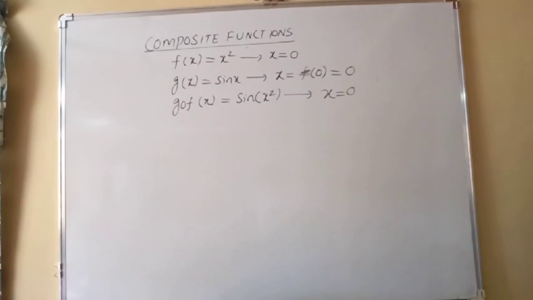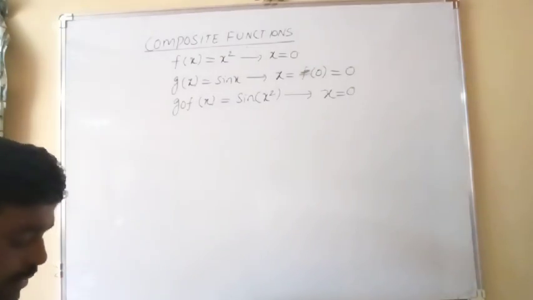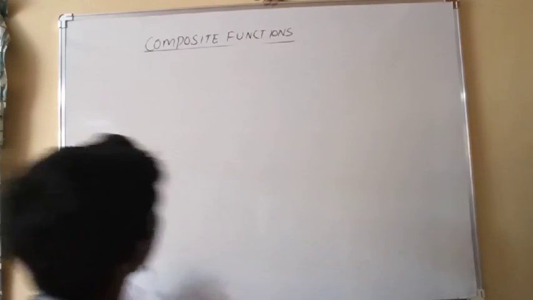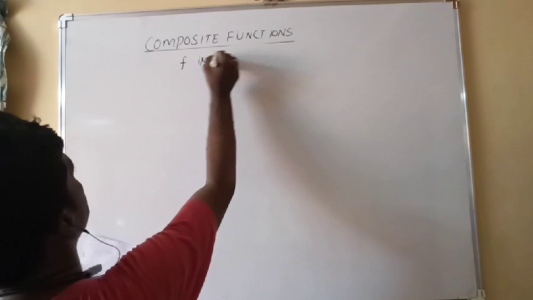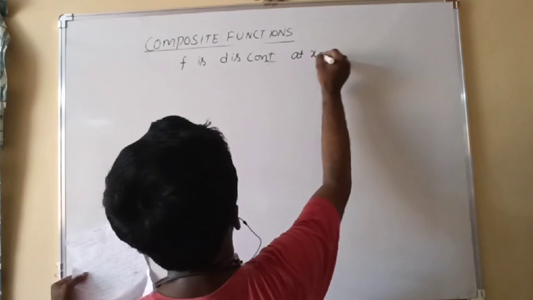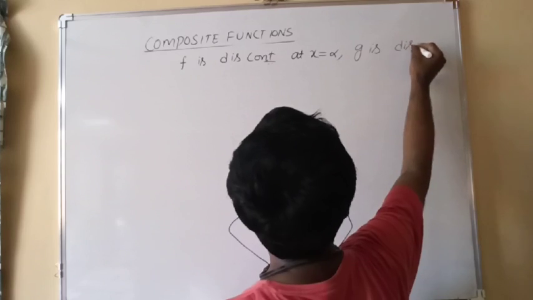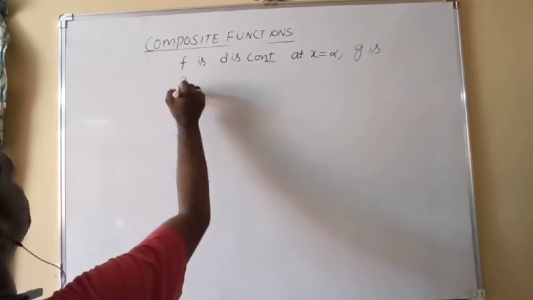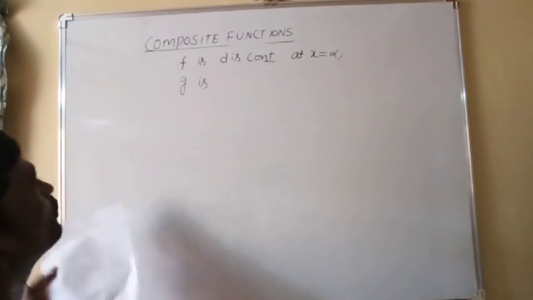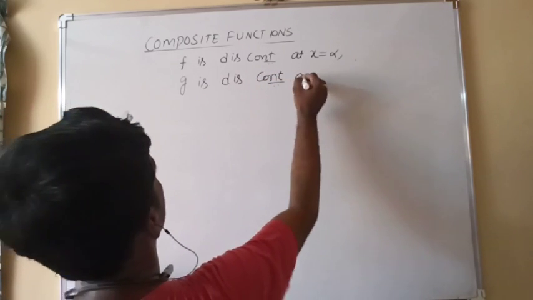Then g circle f of x, which is sin of x square, is also continuous at 0. Here is one important point you should remember. Suppose f is discontinuous at x equal to alpha, and g, the capital G function, g of x, is discontinuous at x equal to beta,